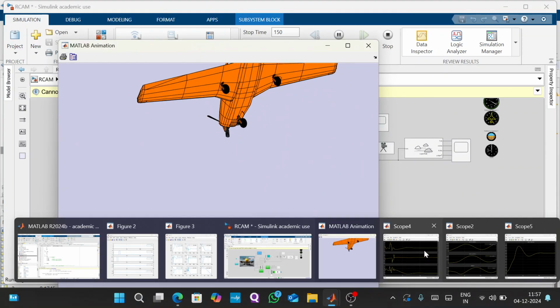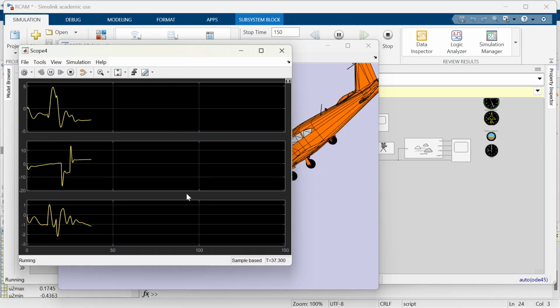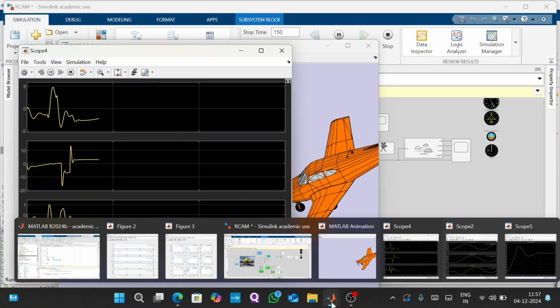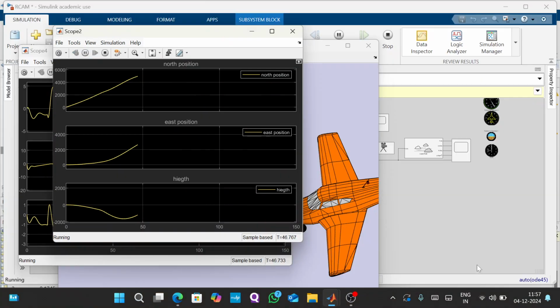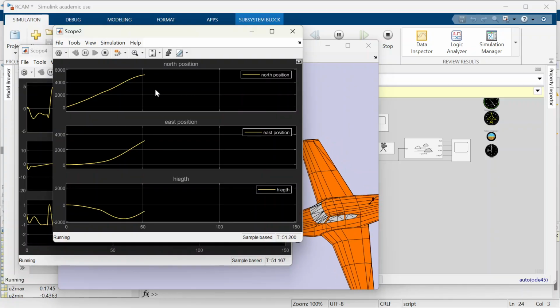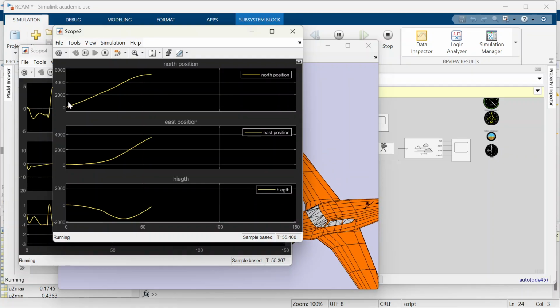And at the same time, we can see through the scope how the roll, pitch, yaw rate is varying. We can verify the inputs we have given, if the aircraft is performing according to that. And as I said, we are assuming the aircraft is performing the maneuver in the northeast direction,